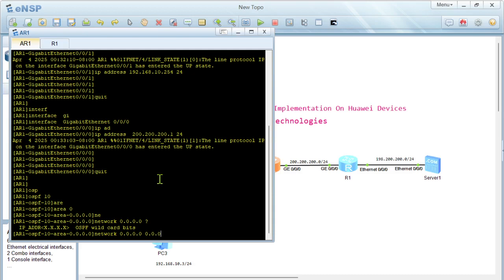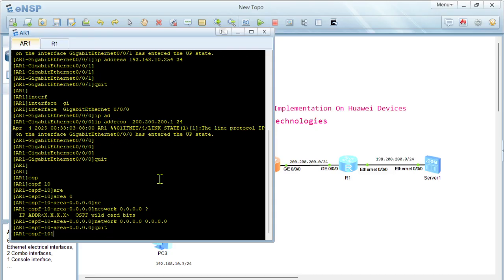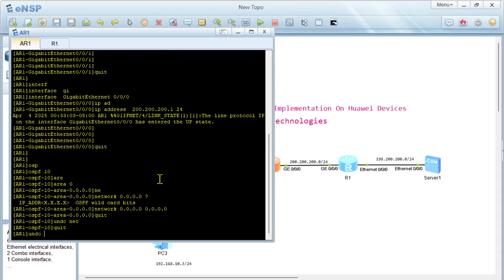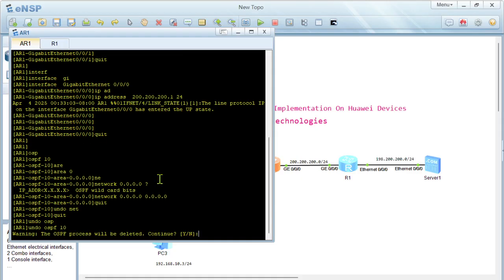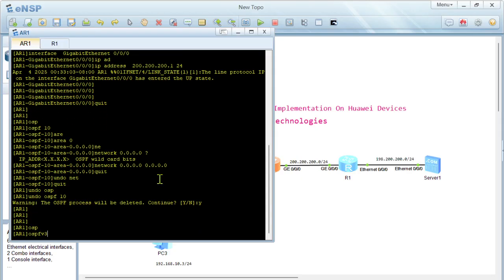So I will do 0.0, just to, no, this one will cause problems because we'll advertise also the IP connecting the PC, the gateway for the PCs. So I will undo this command, undo network. Let me just delete it, undo OSPF 10. Yes. So I'll configure again OSPF 10,